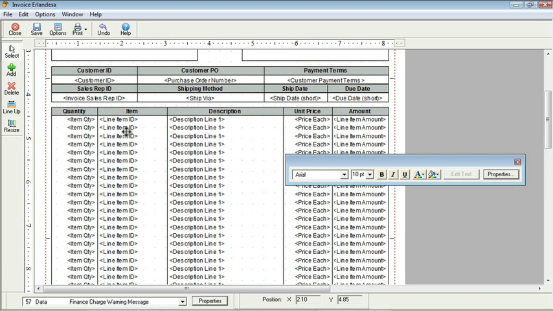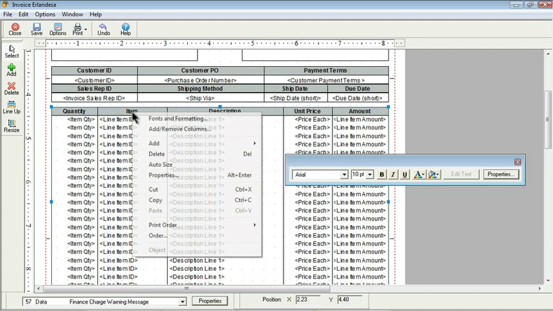And for my clients, this really isn't anything that's important. They're coming to a spa and they don't care to know a bunch of codes. They just know that they got a full facial or an herbal scrub. That's going to be good enough. So to simplify this, I want to remove the item from this particular copy of the invoice. I'll do this by right-clicking Item, choose Add Remove Columns,